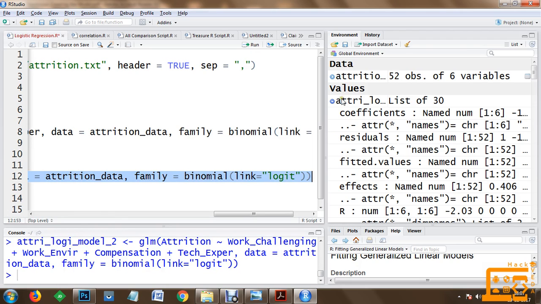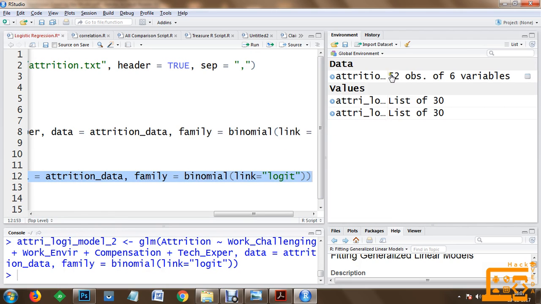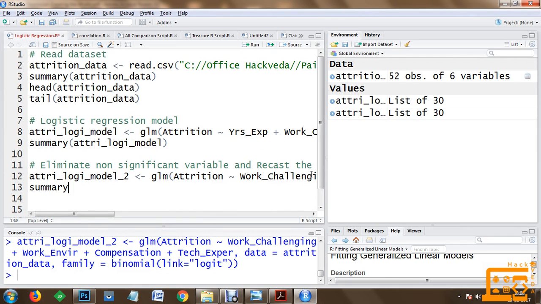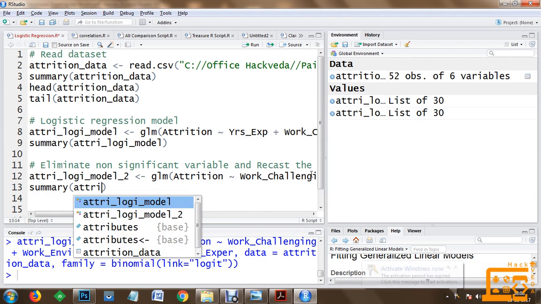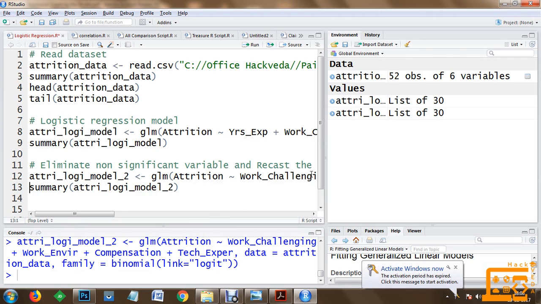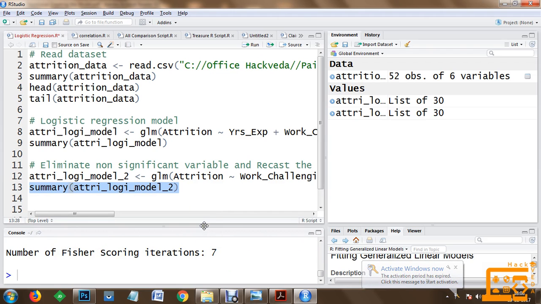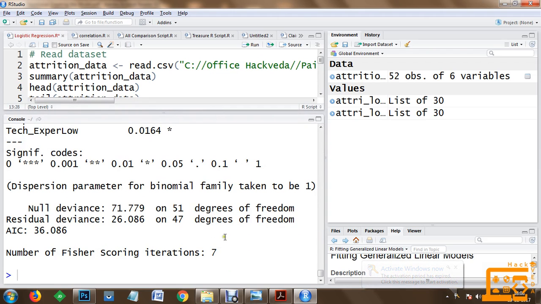Once we execute this, you can see that the attrition logistic model 2 has been generated now. And now once we're done with this, we're going to execute the summary, and we're going to get the summary of the model 2 this time. And once we execute this, again we get the number of Fisher scoring as 7, so this means it's highly good.